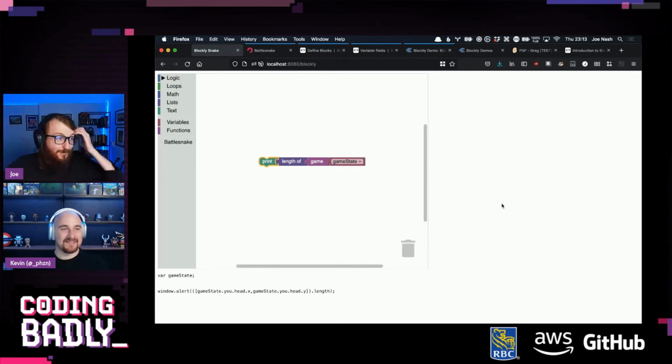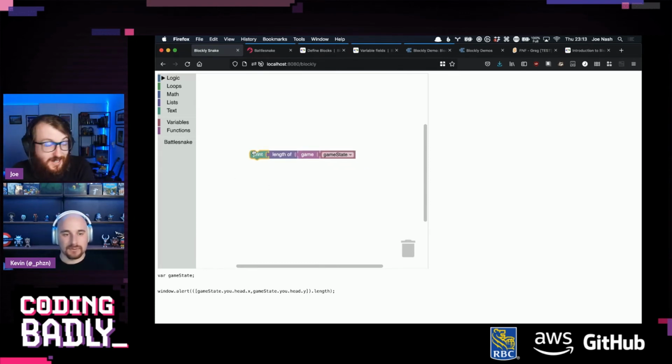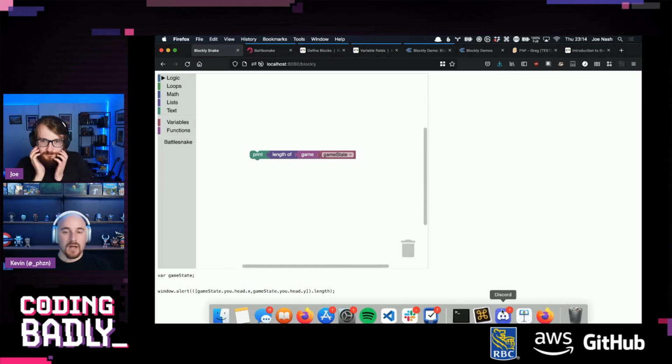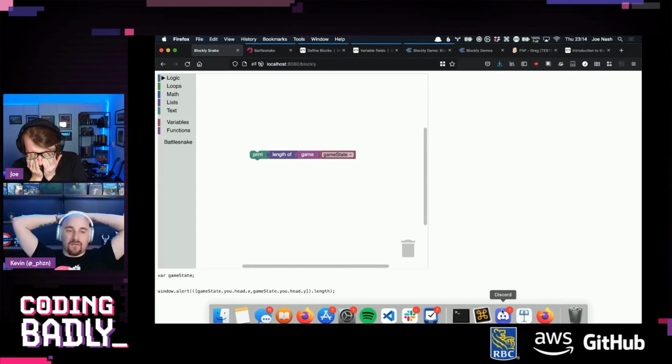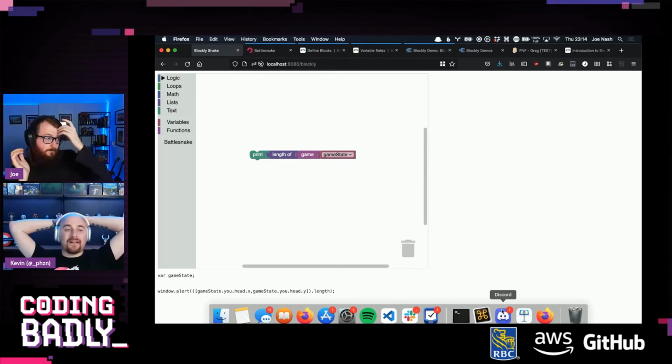Yeah. All right. Well, we've achieved a number of things, which is honestly a lot further ahead for the time than I thought we were going to be. This works, so that's good. But here's where the issue starts. Some of the payload that comes back is known in size and shape. Some of it is variable in size, like the other snakes on the board. So what are we going to do with those?